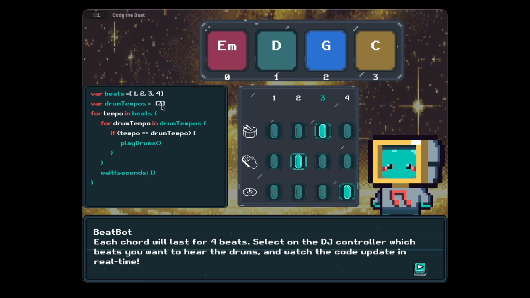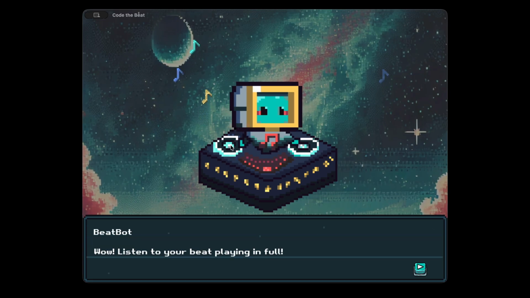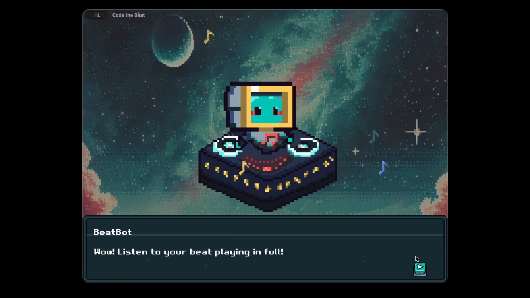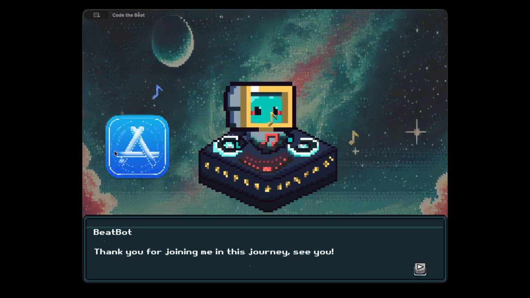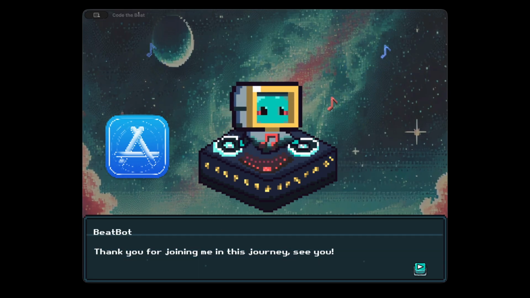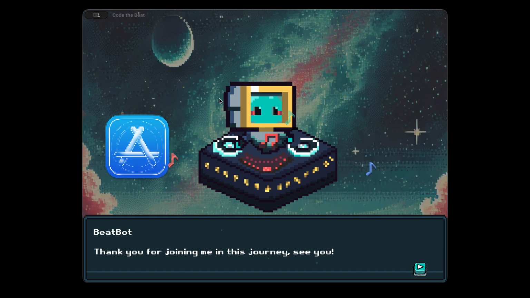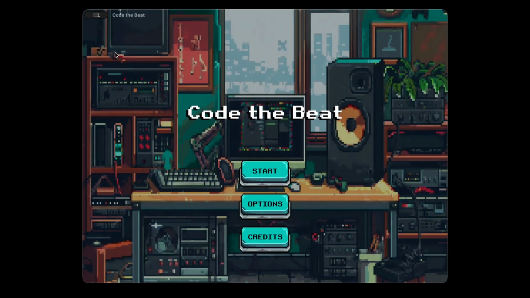Here in the code, the drum tempos, as you can see on the left. We also have the notes animating on the top, in the chat, the Beat Bot. Here in the final art, your music still plays. So in the end, you also give, like, if the user taps on the App Store icon, it opens the Apple developer website. So my advice would be to focus on these little things.